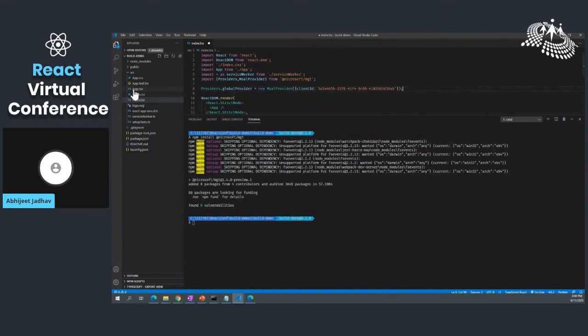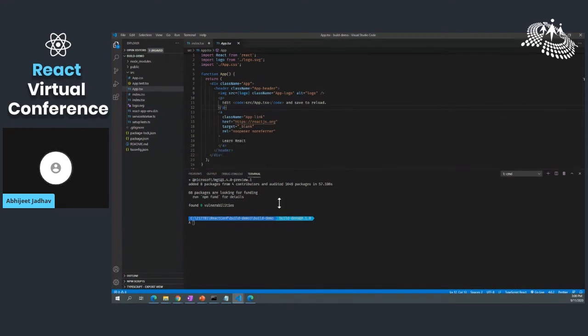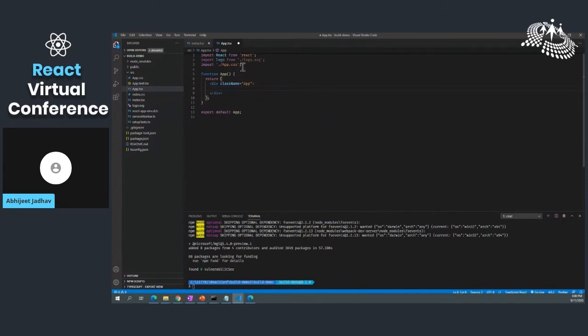So let me go back to the app.tsx. Okay, here I'll remove all the unwanted code. Let me import the, first we'll go ahead and import the, start with the login component.